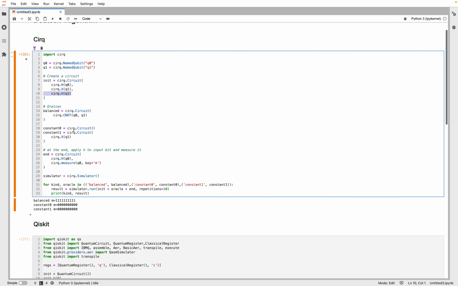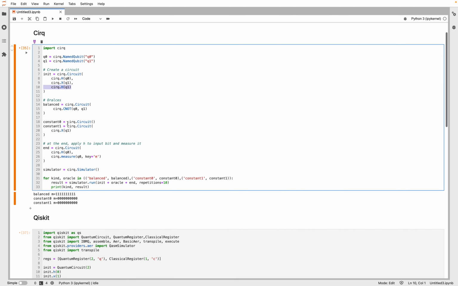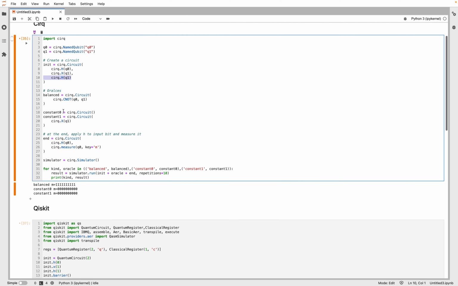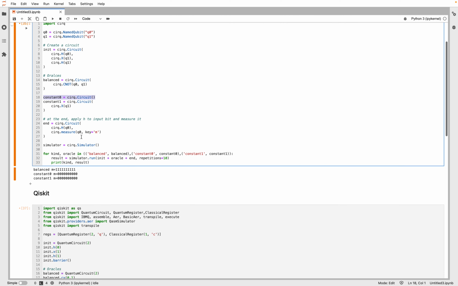Then we have three possible oracles. For the balanced one, we can use a CNOT. Or we can have constant 0 and constant 1. Constant 0 is none other than just doing nothing, and constant 1 we can implement using an X gate. And after the oracle, we need to apply a Hadamard on the first qubit